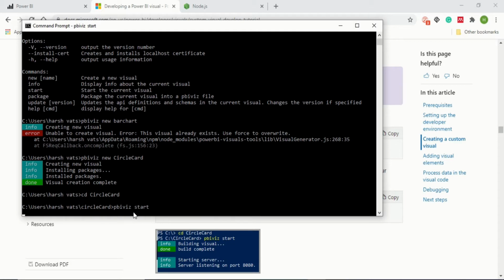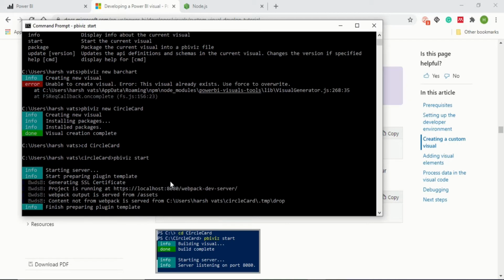It will take a few seconds to build the visual, and when the build is complete, it will start a server. Now you will be able to see it has just started the server. It prepared plugin template, and then finished preparing plugin template. That means in the command prompt the server is now online.